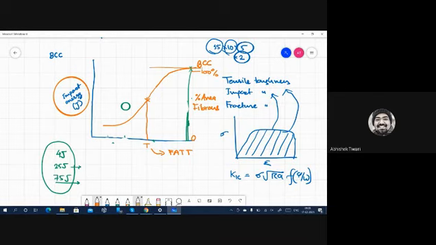So here, if you keep on testing and increase the temperature, the curve will not increase any further. It will reach a plateau, and then it will be a straight line basically. So what is happening is that it has reached its maximum, and now the energy is not going to increase. And so that is called upper shelf. Okay. And the lower part is of course called lower shelf.